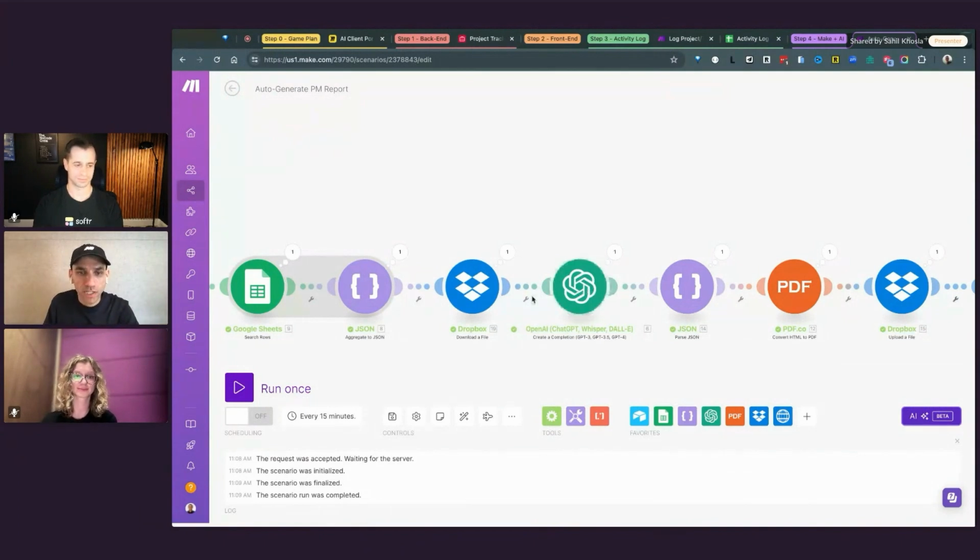So to do that, the first thing we need is our HTML. Basically, how should the report look? For that, I have an HTML report here, which of course we will share with you, and this sits in my Dropbox. So I have this HTML here, and our prompt for OpenAI is actually twofold. So not only do we have a prompt